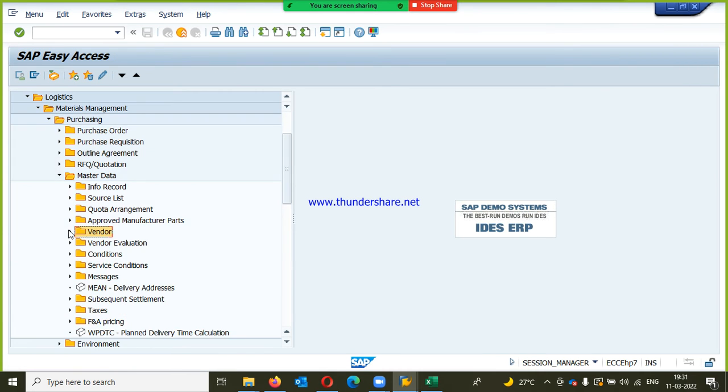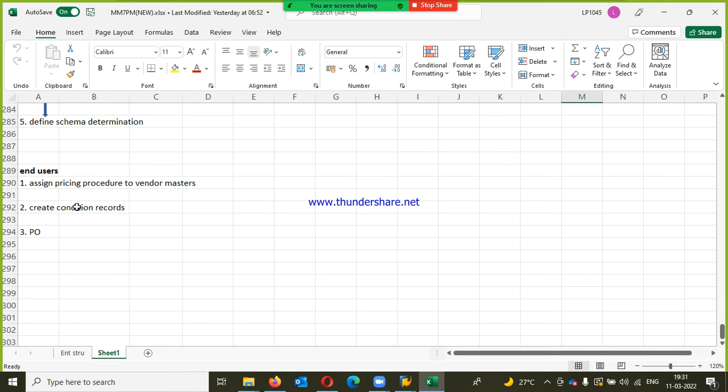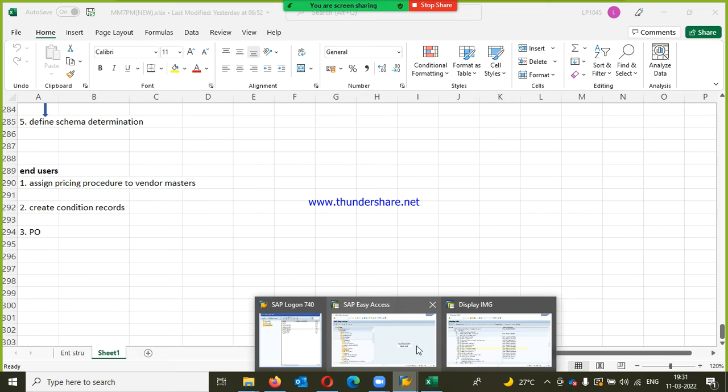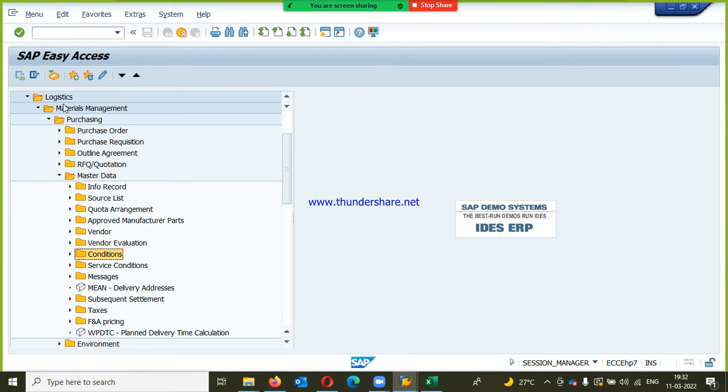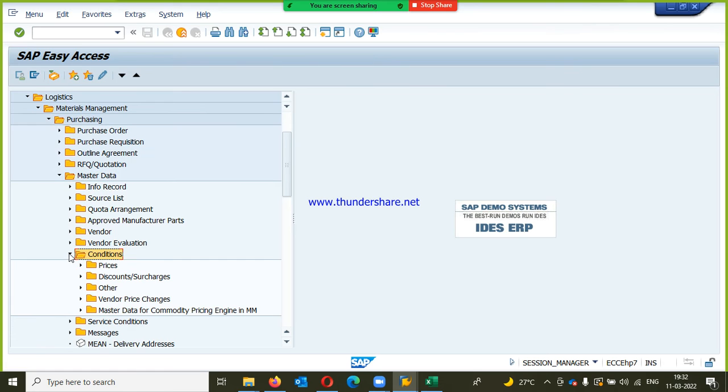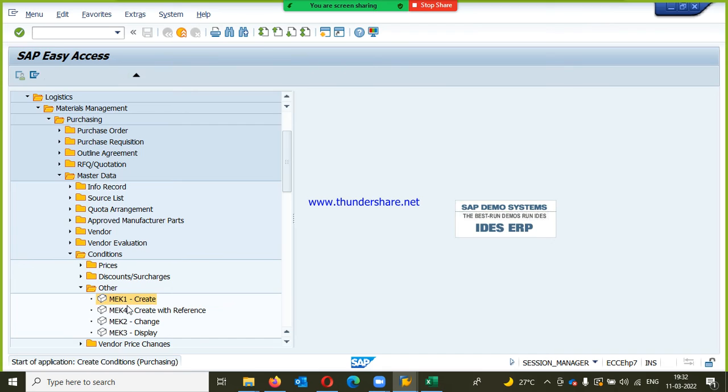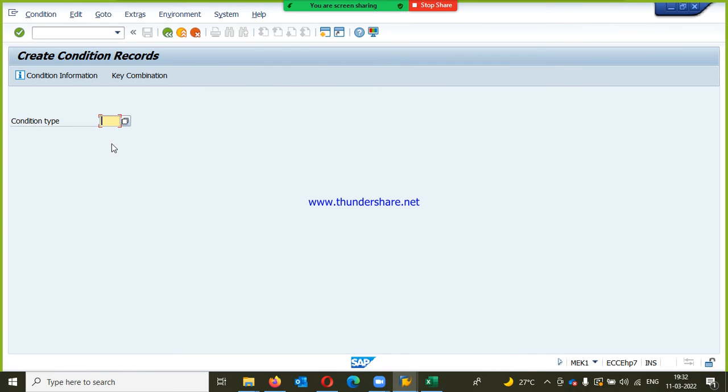Now, before going into the purchase order, I need to maintain some condition records. As I told you, in the access sequence, the sequence can be accessed by the system. That's the reason we need to maintain the records. So I'll go with easy access, logistics, materials management, purchasing, master data, conditions, other, MEK1 create. Here input your condition types, like I take RPD percentage, enter,